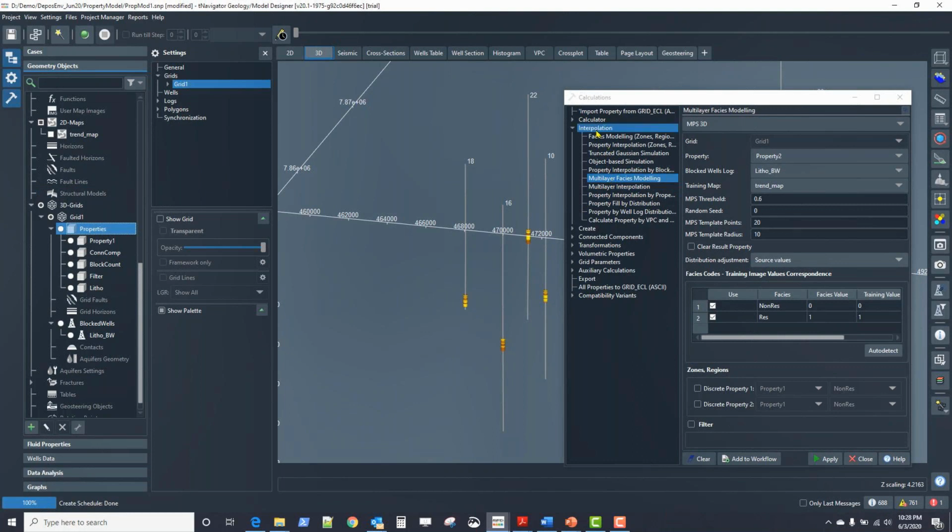Right, to get to multi-point statistics, I go to interpolation, multi-layer facies modeling. I give the property a name. I set in these various input parameters and click apply. Now, this takes a little while to run,